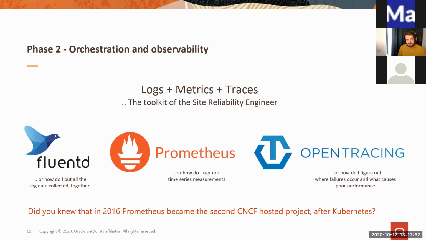And just a fun fact, I mentioned already that Kubernetes was the first project. The second project was Prometheus. Why was it Prometheus? Because it's a vital part. How do I measure, or how do I make sure that everything runs smoothly and I don't have any kind of problem? So we basically need to have this kind of metrics, and this is why Prometheus appeared.